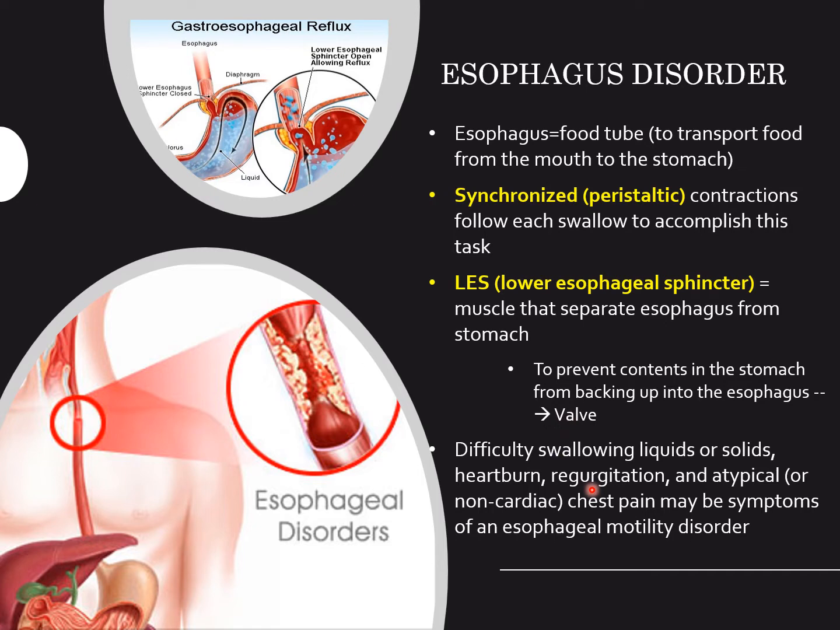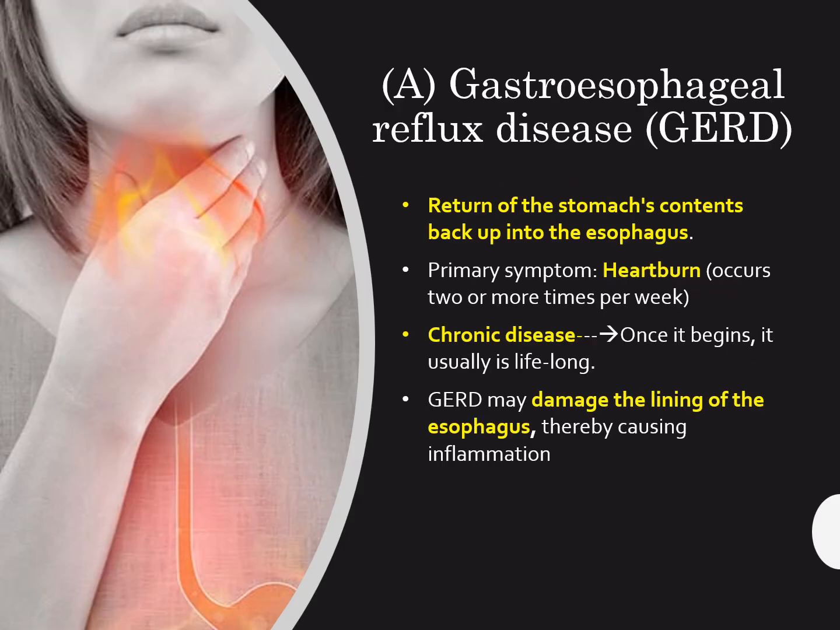Difficulty of swallowing liquids or solids, heartburn, regurgitation, and atypical chest pain may be symptoms of an esophageal motility disorder. Okay, faham? Simple je. Difficulty swallowing. All of this happens in the area of the upper GIT, in the esophagus. First we have